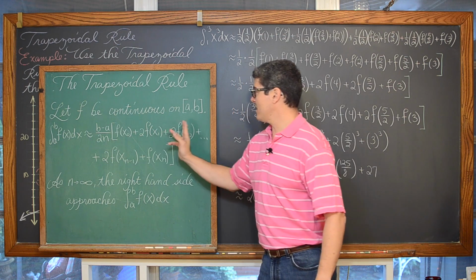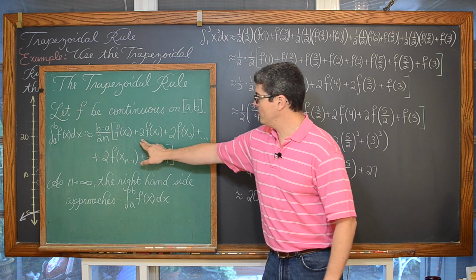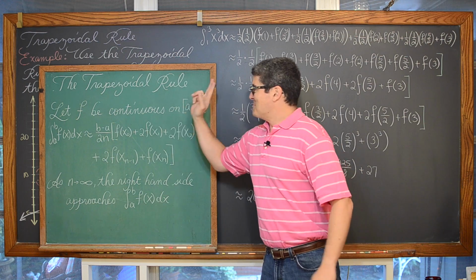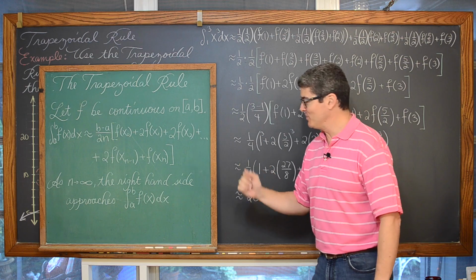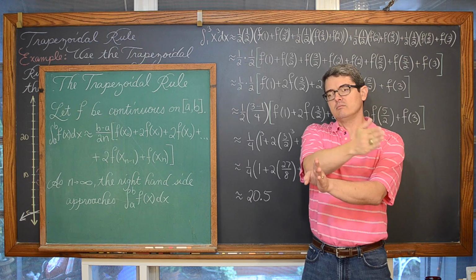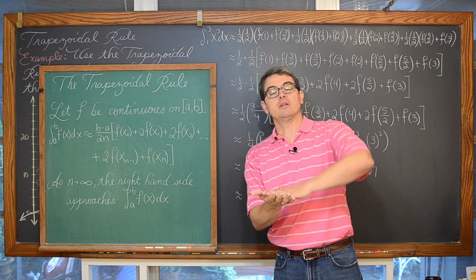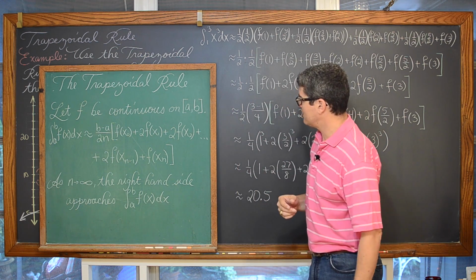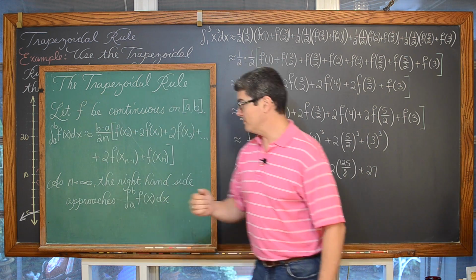And so you plug in your x sub 0, x sub 1, x sub 2, and you start off with 1 times f of x sub 0, plus 2 times f of x sub 1, plus 2 times f of x sub 2, plus, and then you just continue that process, stepping through your interval along the x-axis, or, well, you can find definite integrals along the y-axis as well. But you just step through that interval of which you're calculating the definite integral until you get up to x sub n. Now that's going to be the upper limit of your definite integral.